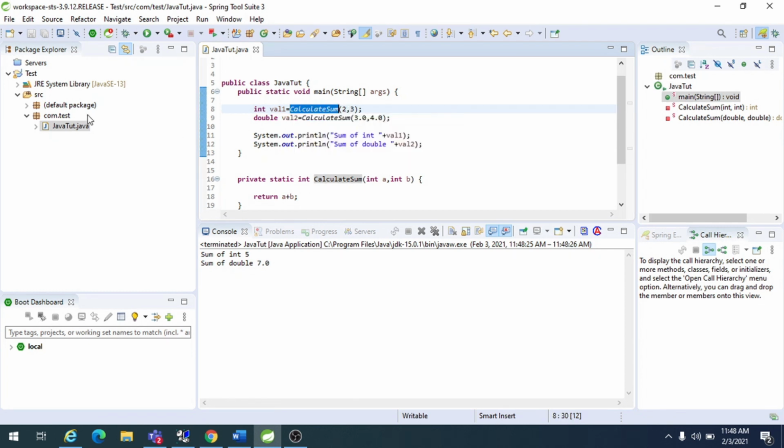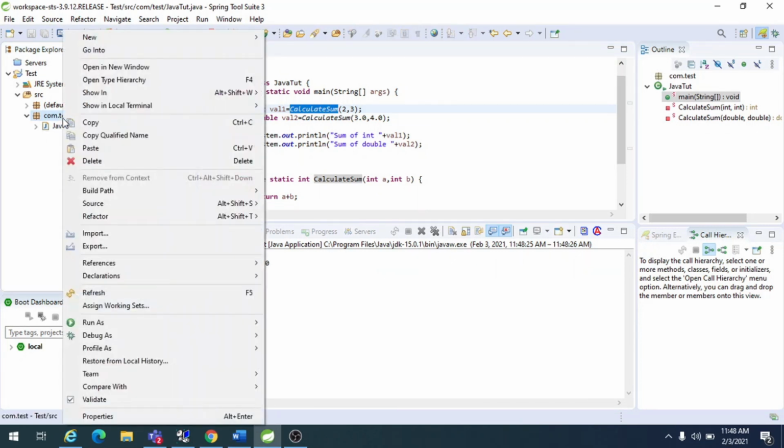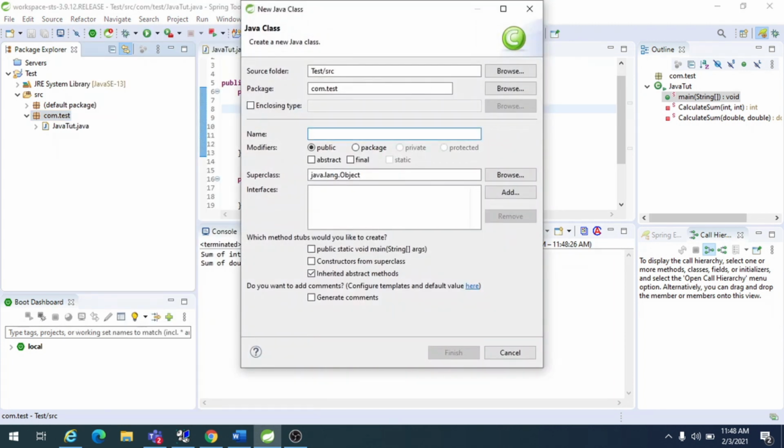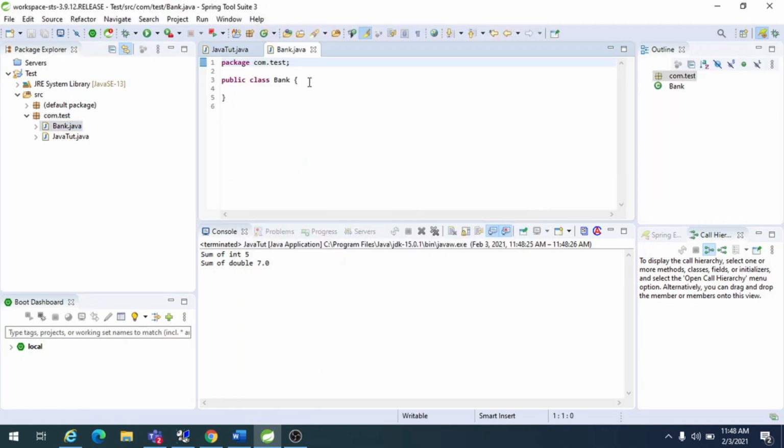Now we will see what is overriding. Overriding means you have to override the method available in the superclass. For example, I will create one class called Bank. This is my class. I will declare one method called int rate of interest, and return 0.